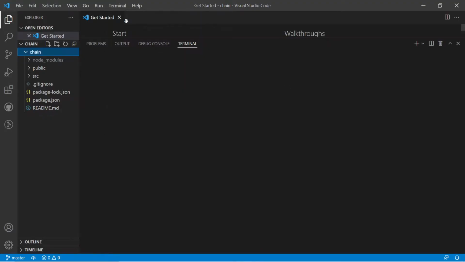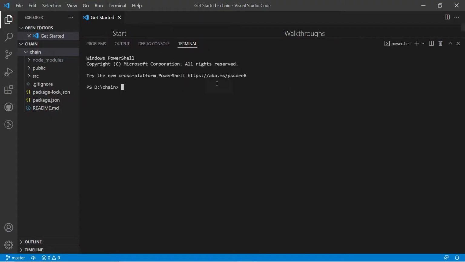So let me go to terminal again. Right now I'm going to install Truffle. But before that I would like to mention that you should enter the command npm -v and press enter. This will tell you whether your npm is installed or not. If not, then I would suggest you just install npm by entering this. In my case, I have already installed it. I would like to go with this version